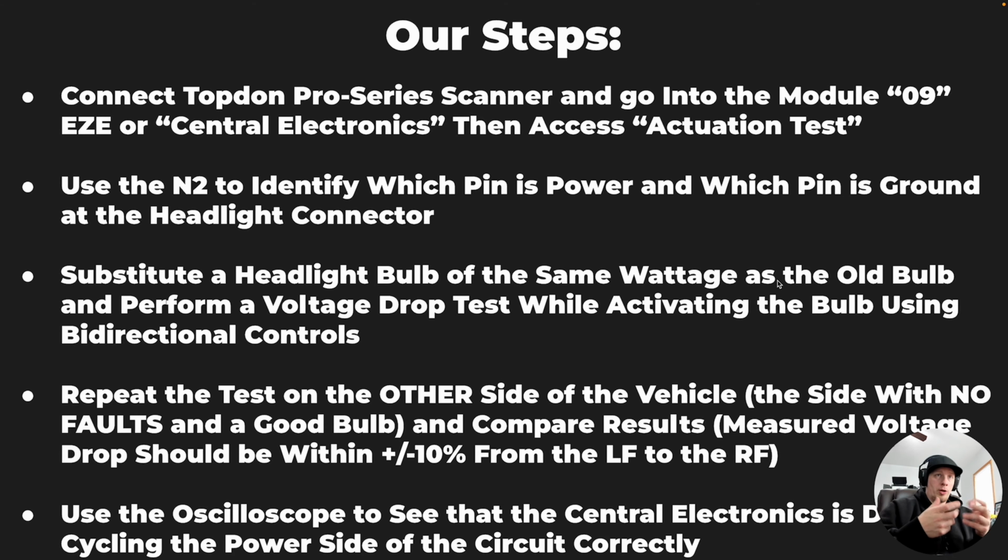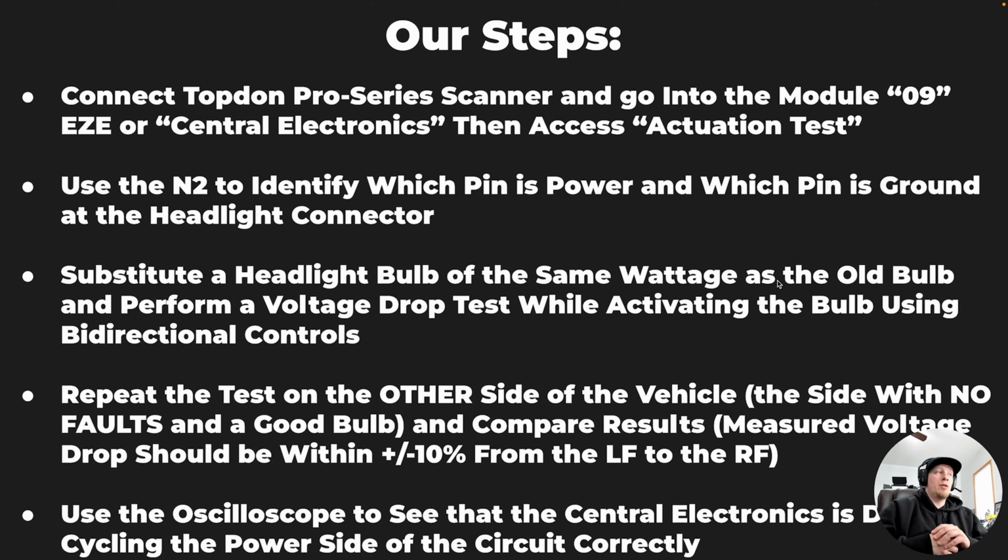We're going to load the circuit, and then we're going to perform a voltage drop test while the circuit is active and loaded down with the substitute headlight or fog light bulb. Then we're going to repeat the test on the other side of the vehicle with no faults. We know the right side is working normally and there's no fault codes. And we'll be able to see if the voltage drop is the same. Now, we're not going to actually show that part in the video. We're just going to keep it brief, and we're only going to show you what happens on the left side